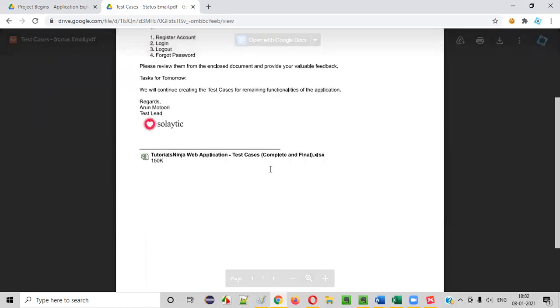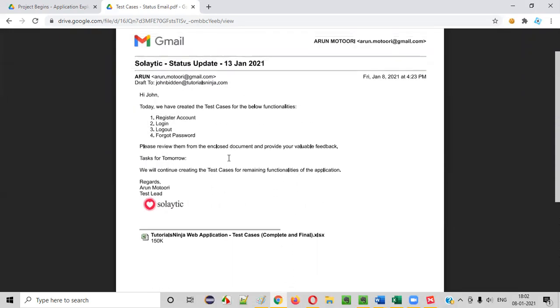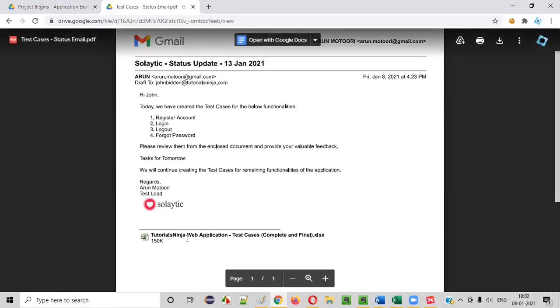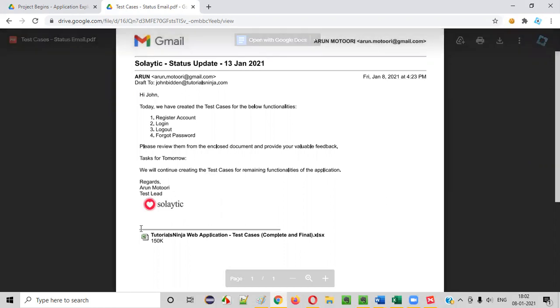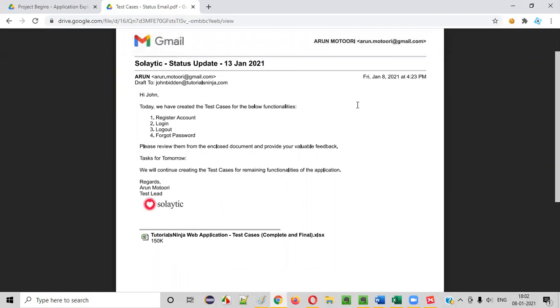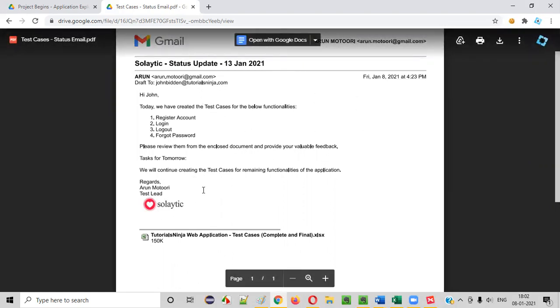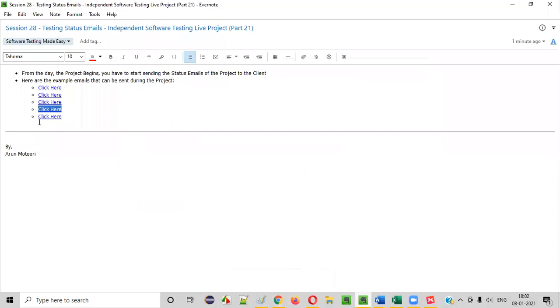If you share the complete test cases document on the first day, on one day, it will be very hard for the client to review the complete test case document. Rather, if you share every day, the client will spend some time and he'll share the feedback on a day-by-day basis so that you can keep on updating. So tomorrow, when you send the email, if the client has given feedback, you can say that we have created the test cases for the below functionalities and also updated the test cases for the functionalities for which you have given the feedback. Like that, you can also modify the email, guys. It's all in your hands, nothing much.